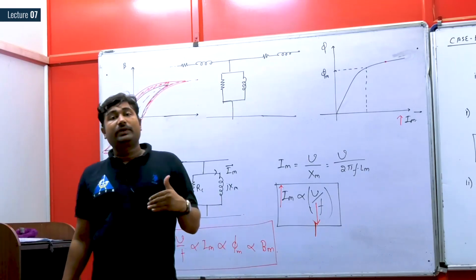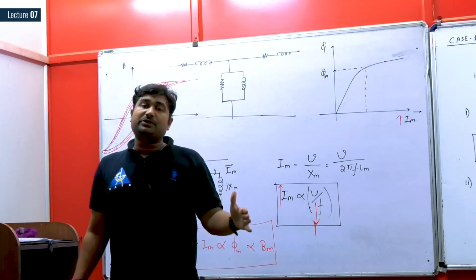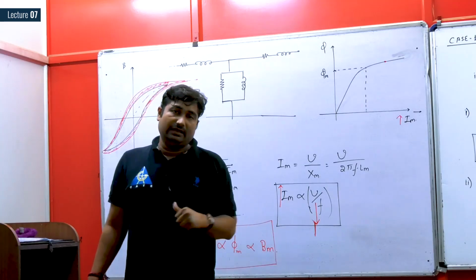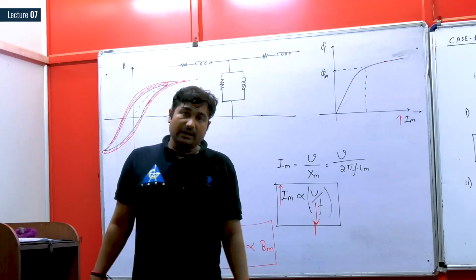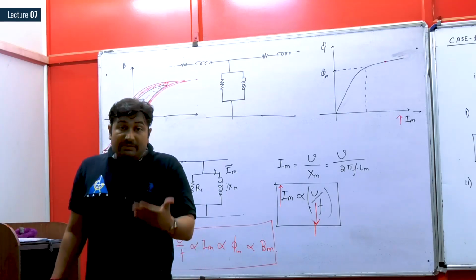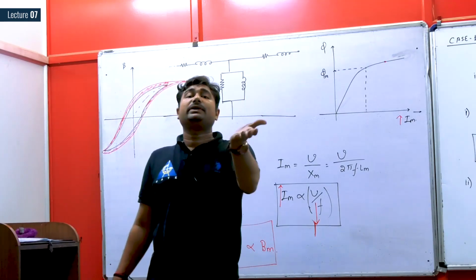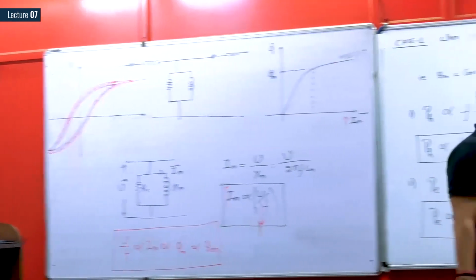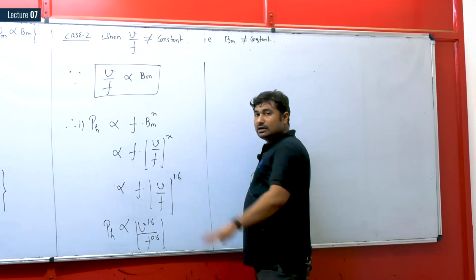However, if we operate the transformer in a half cycle to a very deep saturation, if the core goes into deep saturation, then more dipoles remain aligned in one direction, and that is why more force, or more power, is required to de-align them and then align them in the reverse direction on the other half cycle. It means your area under the BH curve is increasing, though the frequency is decreasing, because the transformer goes into deep saturation. So that is why your hysteresis loss is increasing. Though the frequency is decreasing, hysteresis loss is increasing when V by f is not constant.